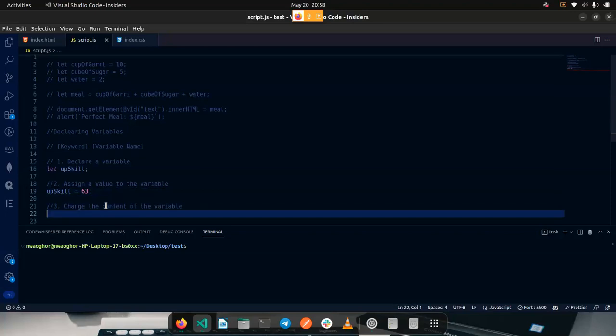What I can do now is to reassign a new value to this variable that I've written before. So instead of the value that was there before, I can just call the variable again and say upskill is equals to